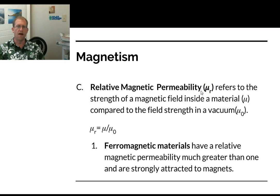And what we do when we calculate this, it's just a ratio, and there are no units for it. Mu over mu sub naught, or mu sub 0. And what we're comparing here is the magnetic field inside the material with the magnetic field in a vacuum, or the magnetic field outside the material, ignoring the atmosphere. And so what's the magnetic field like inside divided by what it's like outside,